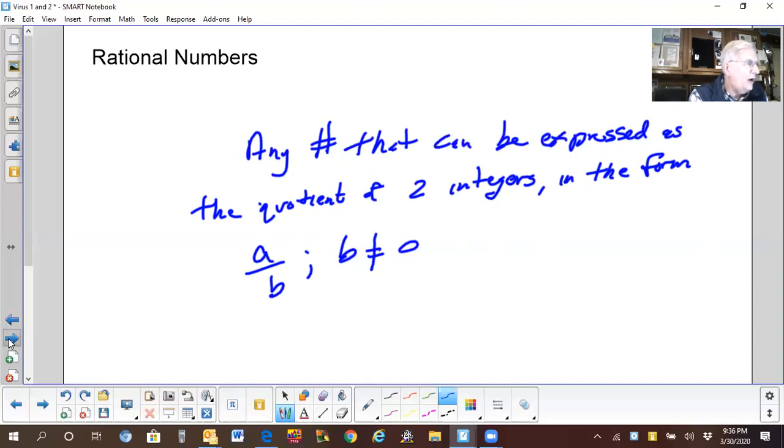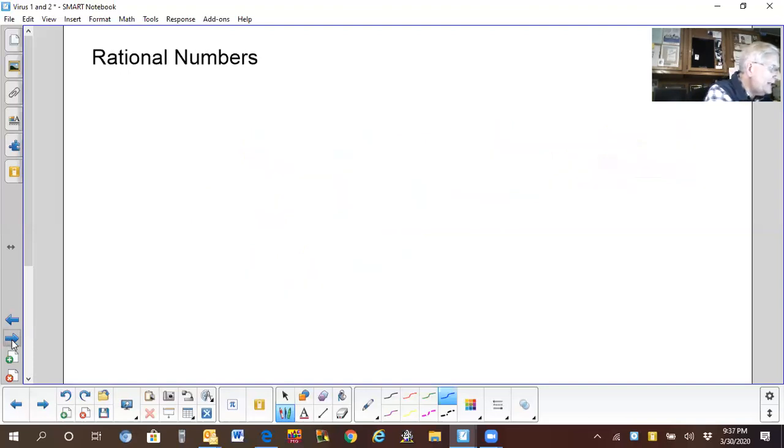Now, as you recall, with rational numbers, the Greeks felt that all numbers could be expressed as the quotient of two integers. And as we have discussed, they found out they were wrong, because you cannot write all numbers as the quotient of two integers that we can possibly think of. I'll come back to that in a moment. But if you recall, the rational numbers have two ways that they behave if you try to divide them out and convert them into decimals. So let's take a look at that.